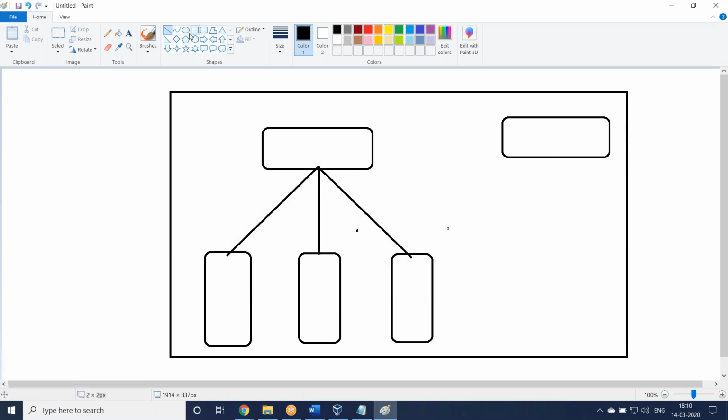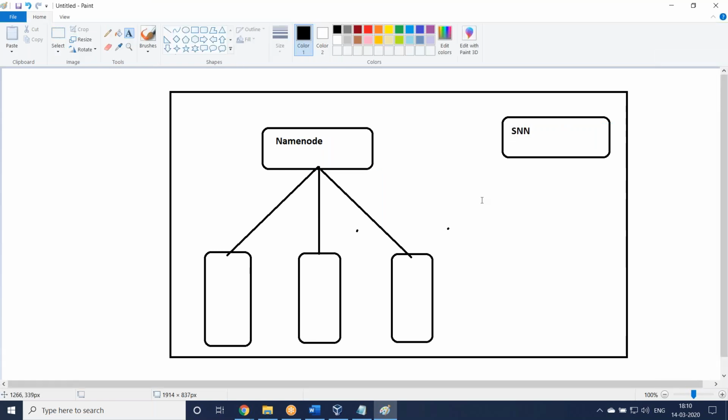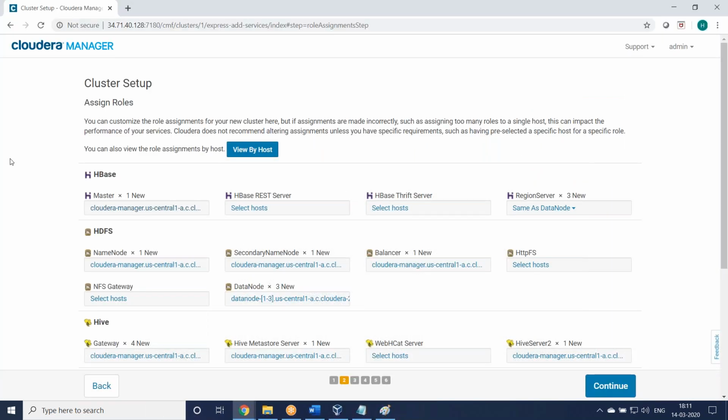So it means name node, secondary name node. Then later, after the cluster installation, you can enable high availability. High availability means we can remove this secondary name node and add a standby name node. Okay, that we can see later. First we are installing the normal one name node, one secondary name node.